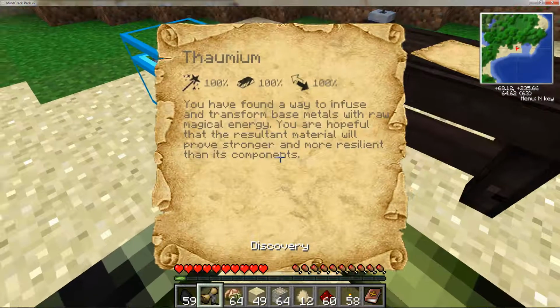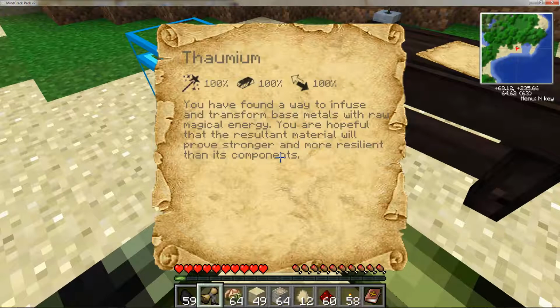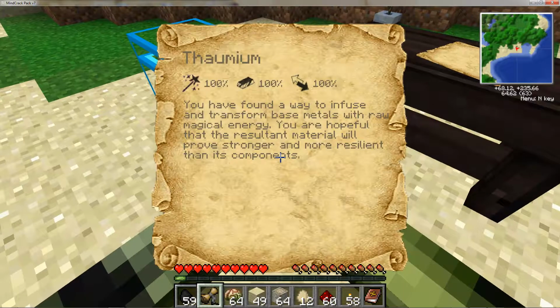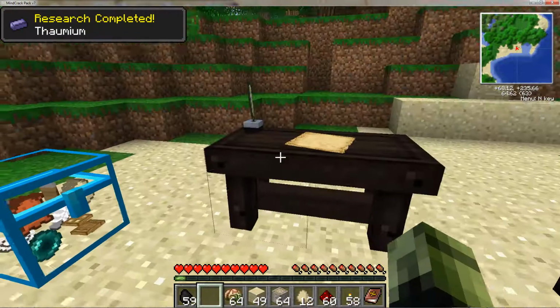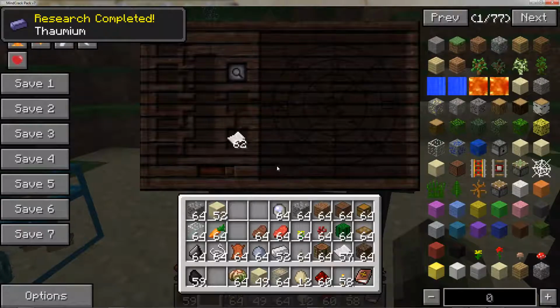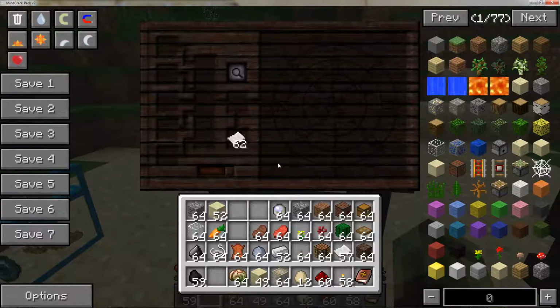And let me read it to you. You found a way to infuse and transform base metals with raw magical energy. You are hopeful that the resultant material will prove stronger and more resilient than its components, which it is. I'll go into that in future videos, but for now I'm just going to try and bust through this. I'll probably do a few more and then move on to another video. But let's try that again. Let's try and go for